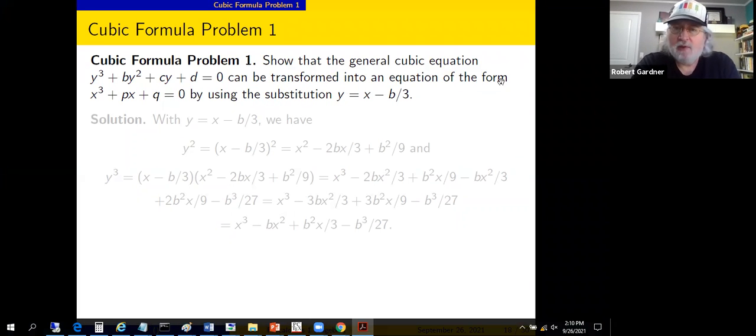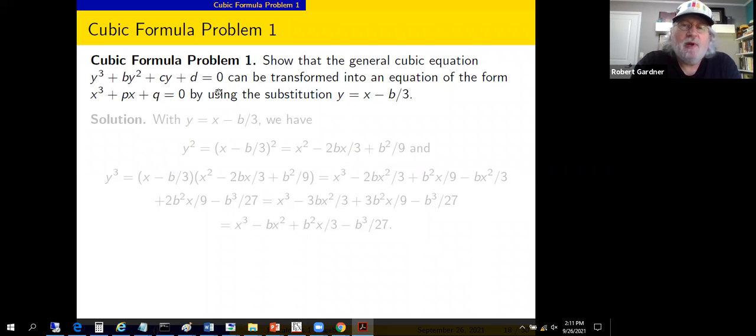This is going to be largely uninspired and very mechanical. It's just following the algebraic proofs. We'll give a couple of examples at the end to illustrate the use of this narrow form of the cubic equation that we'll have. First question is, show that the general cubic equation y cubed plus b y squared plus c y